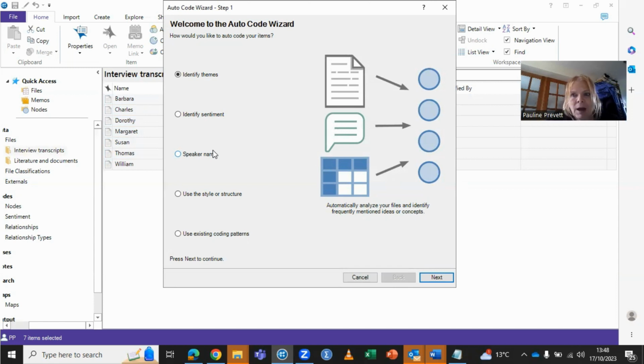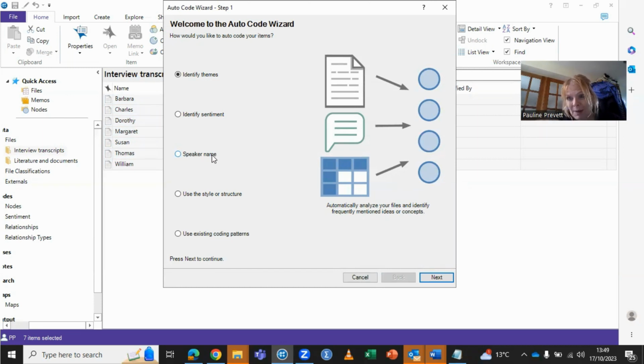Now, if I was doing a different kind of analysis, or if the interviews are very conversational in style, then I would first autocode by speaker name. And the reason I'd do that is because I wouldn't want to be assigning in my analysis the words of the interviewer and ascribing them to the interviewee, or assuming they come from the interviewee, which would be very easy to do. And if it was a more conversational style of interview, I would first autocode by speaker name. And in doing so, I'd be able to make a new file that would just have the text of the